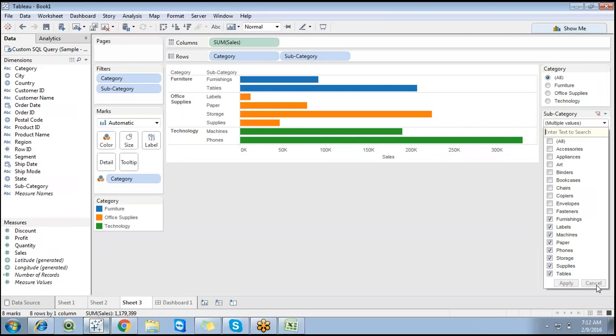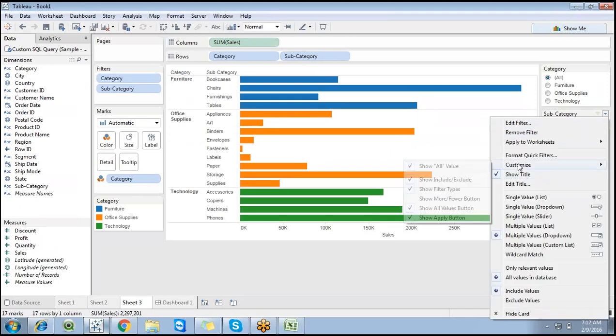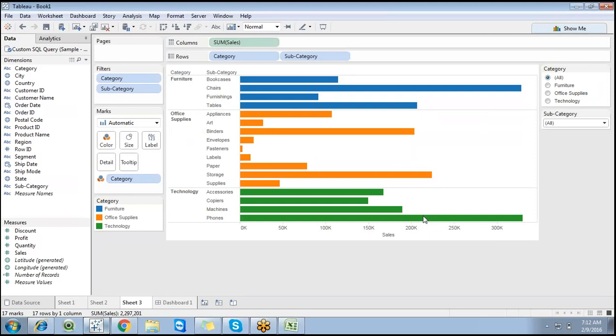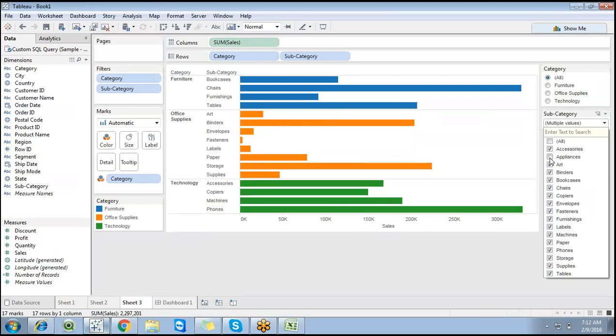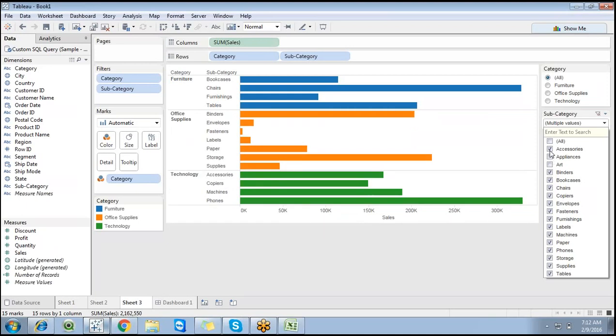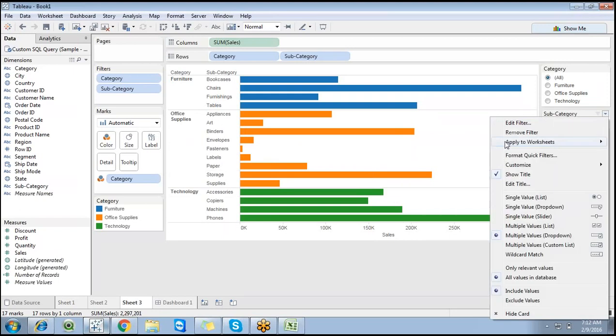So it depends. If you want to apply straight away, you can go for customize, right? So from the drop down, you can go for customize and you can uncheck this particular apply button. But if you want to make use of the apply button, you can go for the customization option, preferably, because it purely depends on a user requirement. We never know what to place, right? It depends on the functionality.